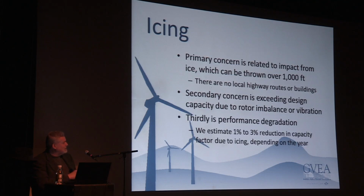The secondary concern is that you would have an out of balance. You'd shed the ice off of one or two of the blades, and then the third one would obviously give you a little excitement. And so, hitting something with the ice, then damaging the unit, and then thirdly, of course, the loss of any power, because you're not producing optimally if you've got any kind of change in the cross-section of the blade. And our guess is that it's somewhere between 1% and 3% loss